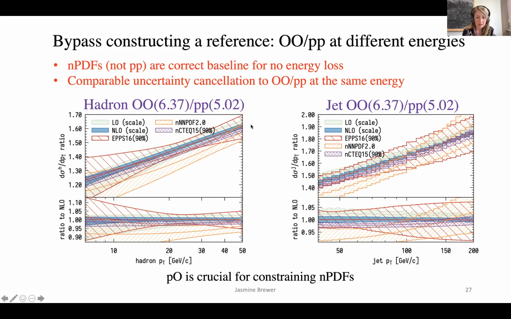Sorry. You're only looking at these two particular observables, but there are other observables that constrain nuclear PDFs, in fact. And these observables are not very good at constraining nuclear PDFs. The problem with oxygen, of course, is that for light nuclei we have a lot of uncertainties because there is no data.